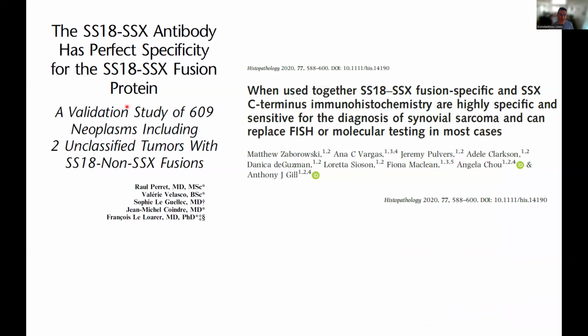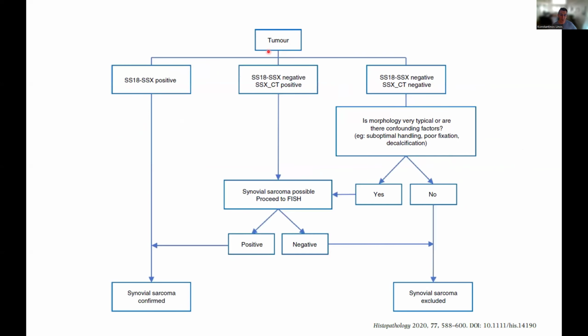So people have validated with a lot of tumors, and it's very sensitive and very specific when you're using them in conjunction. For the most part, in the great majority of the times, you can get it done with just the SS18-SSX antibody, and people have created algorithms. So if you have a tumor that your differential is synovial sarcoma, and it is positive for SS18-SSX, it's synovial. If it's negative for SS18-SSX and positive for SSX, it's probably synovial. Proceed with FISH. If it's both negative and it really looks like synovial sarcoma, you have to start thinking if there are any confounding factors,